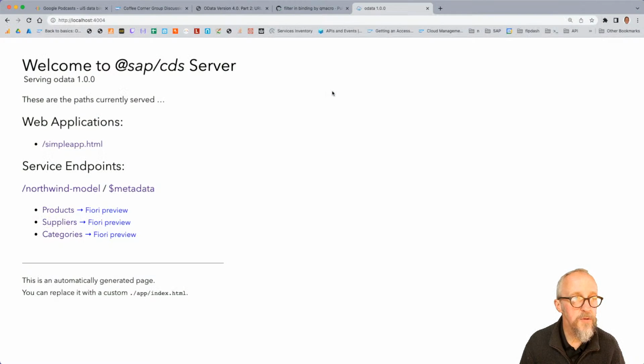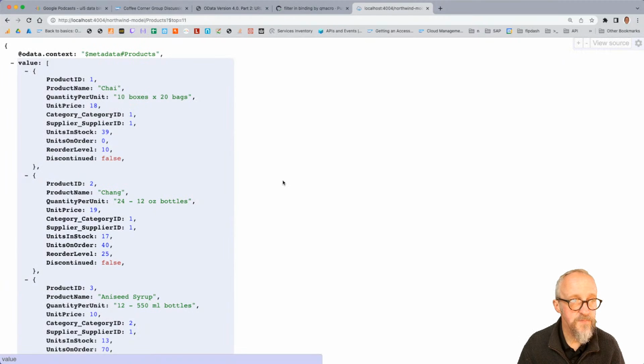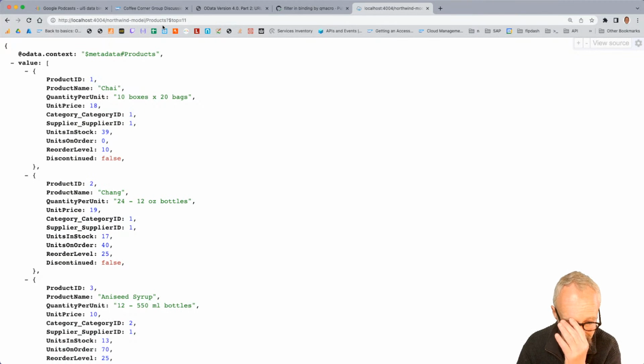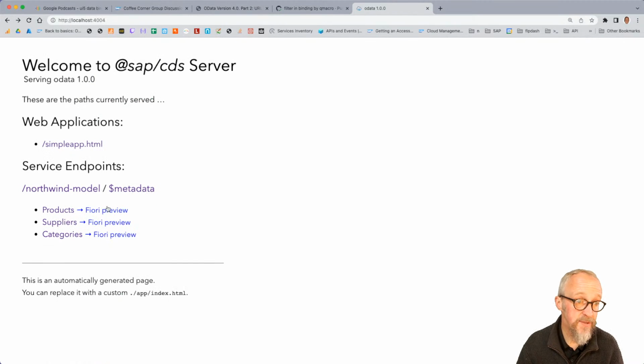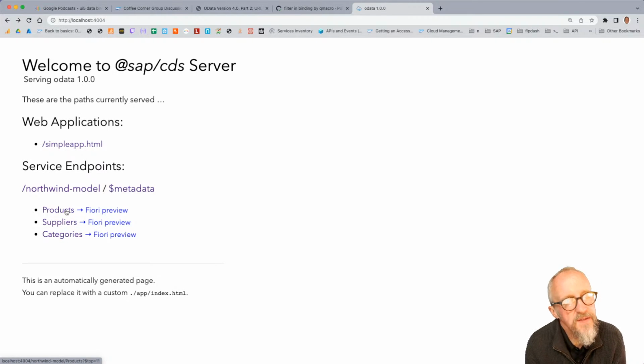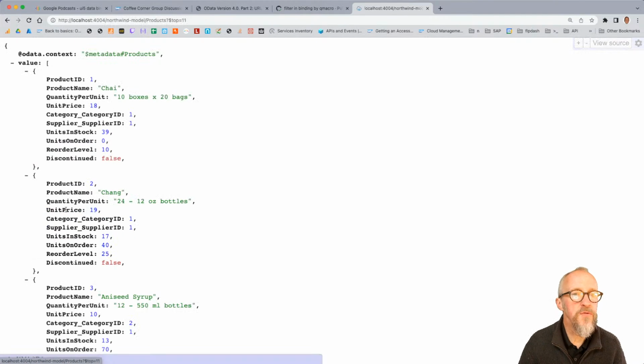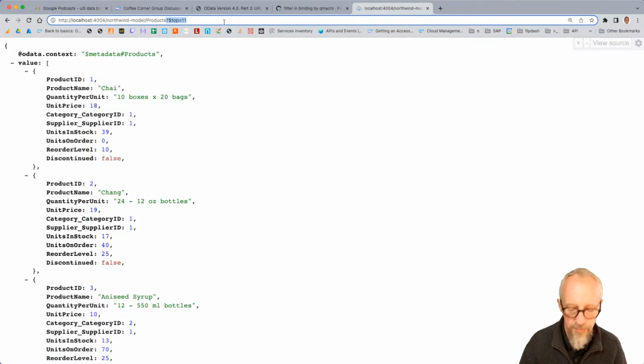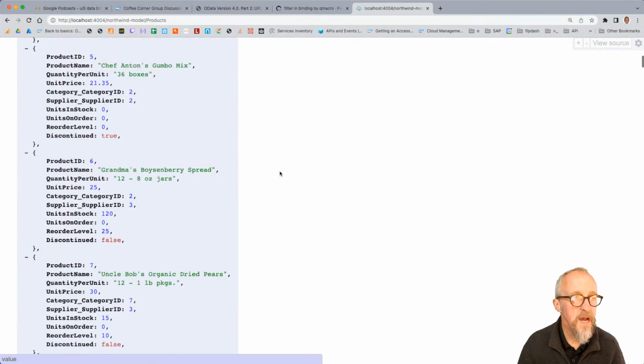what it looks like, localhost:4004. Just remind ourselves, there's the Products. So we've got a nice entity set. Remember, this is an entity set. And by default, if you click on this generated link, this is where the $top=11 is coming from. So this is a CAP-specific nicety, as it were. Of course, normally we'll just say Products, hit enter, and we get all the way down